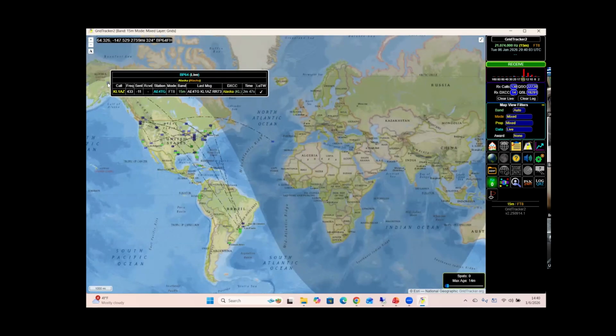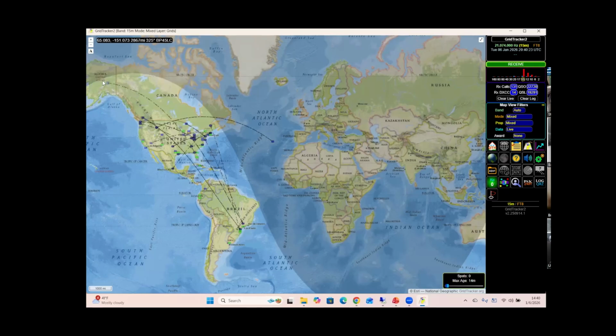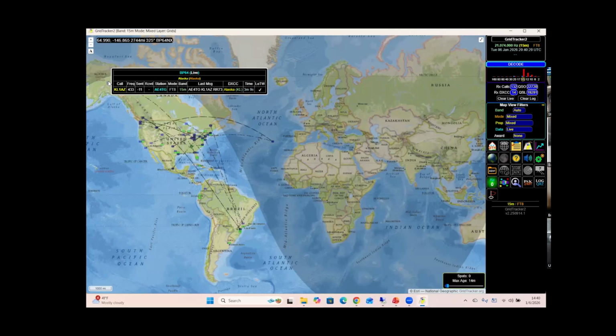That's in Alaska. I said, oh yeah, there is a station on 15 in Alaska. If I hear them with a -11, it's a good chance that I can work them, you know. So as you can see here, it gives me the indication. That's a nice thing on digital, because you get all this information from